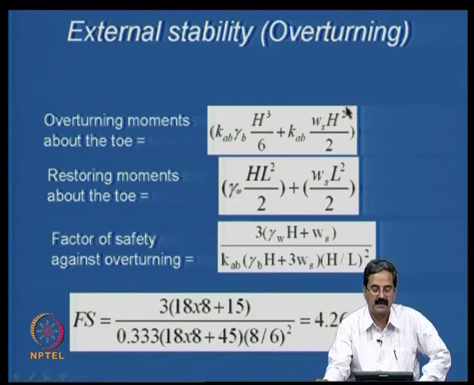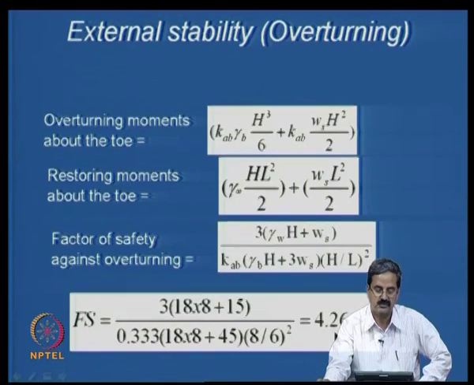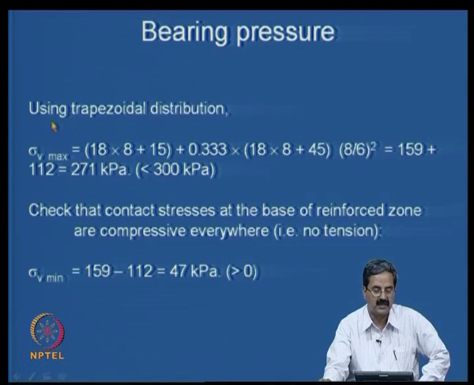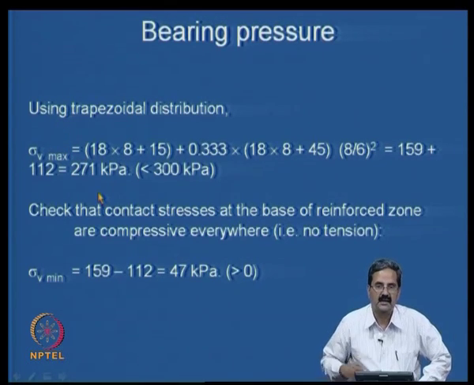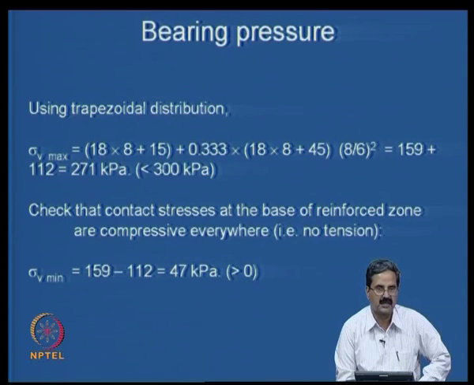Similarly, you can do the overturning stability, you can put all these numbers. This particular example is actually given in my book also. And the factor of safety with respect to overturning, if you just put all the numbers, is 4.26, okay, more than 2. Now, you calculate using trapezoidal distribution. I said you can do Meyerhof distribution or even trapezoidal distribution, and in this case I would like to show the use of trapezoidal distribution. One can see that you get maximum vertical stress as 271 kPa, which is less than the bearing capacity of the soil. And the minimum value is 159, more than 0,